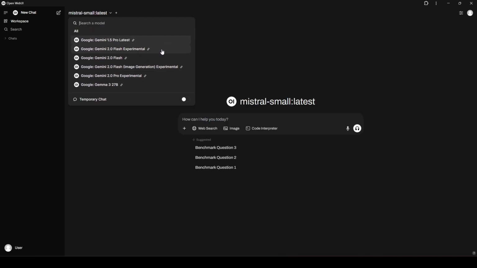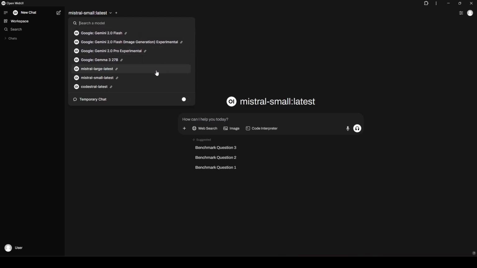I like the convenience of having all of my models in one place. As you can see here, I have a number of different Gemini models, I have my favorite Mistral models, and then I have my local models. All of them are located in one location. I like not having to go to the Mistral website or the Google website or all these other places when I want to use a model. So that's one of the reasons that I liked Chat LLM and still do. It's one of the main things that drew me to that in the beginning. So anyway, back to the main point.